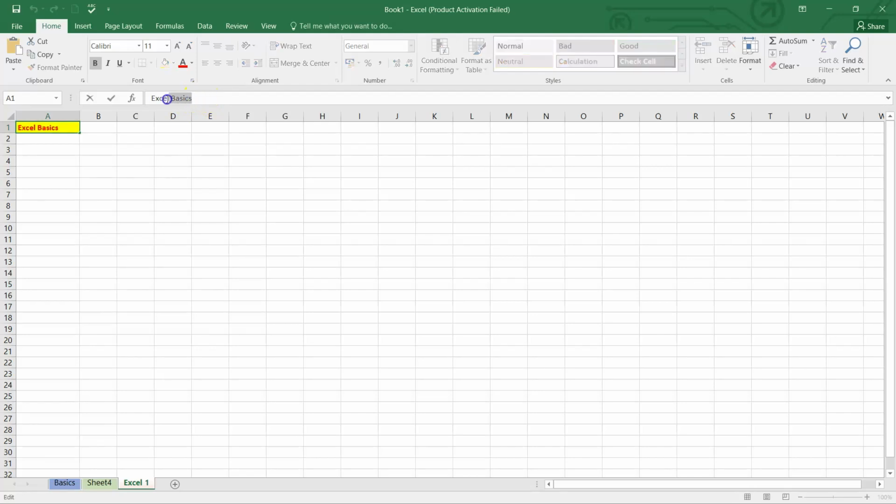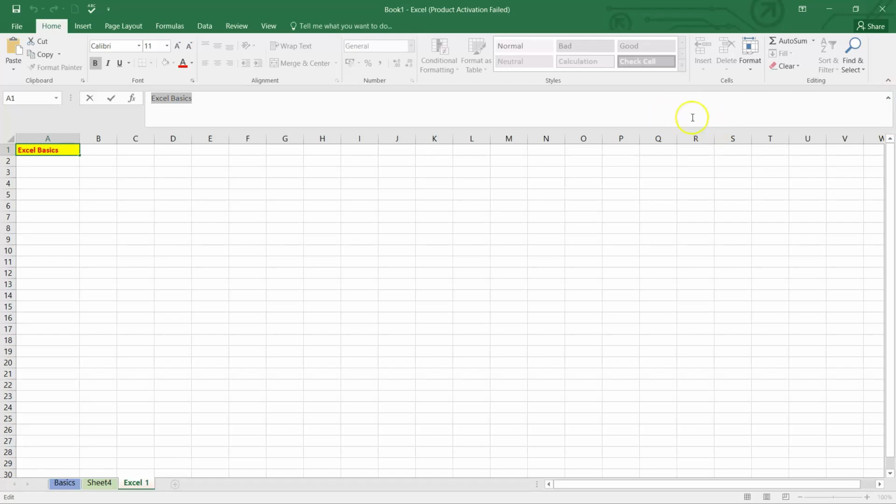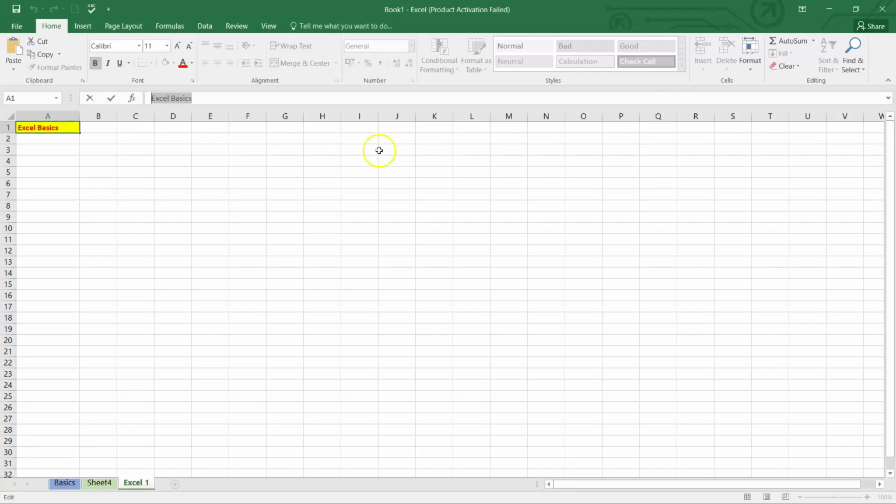Now, as you can see here, the formula bar shows us what is written in that particular cell. So if there is any formula, it will show the formula. If there is a text, it will show the text. But what if the text and the formula are big? For that, you can just click on this arrow right here and expand the formula bar. So whatever your formula, text, or paragraph is, you can see the entire thing in this space as well. Okay, so this is one more thing.